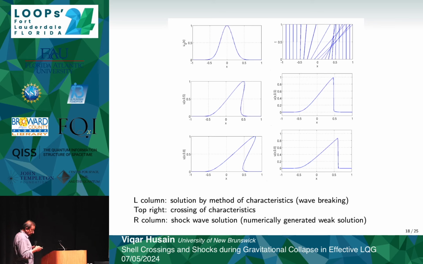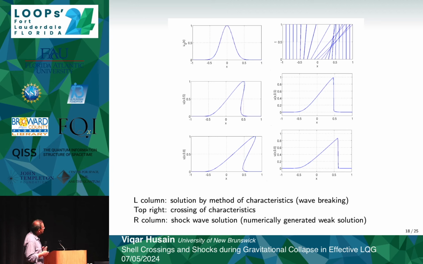So this figure contains two things. On the left column, you have the solution as determined by the method of characteristics for a Gaussian initial data profile. So as you see, if you just look down the left column here, the method of characteristics describes a wave that is kind of breaking, and it ceases to be a function after a certain amount of time. And this is illustrated at 3 different time steps here. So that's the method of characteristics on the left side.